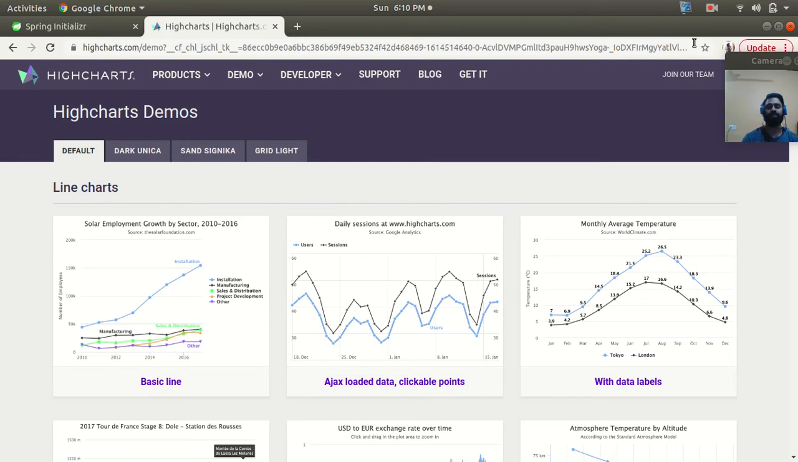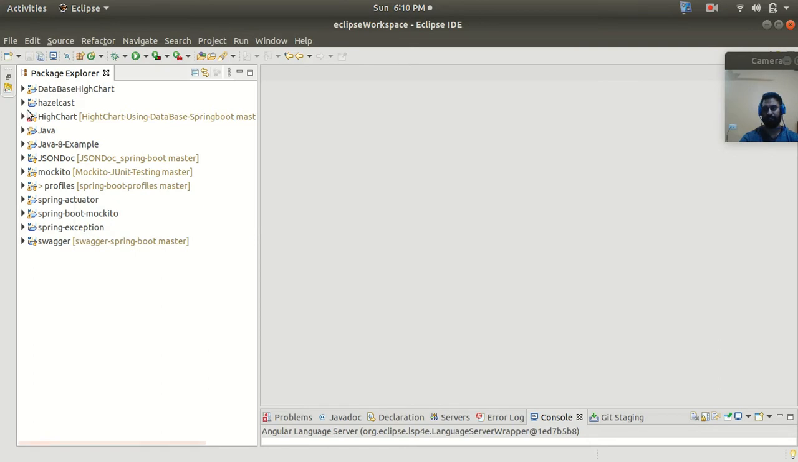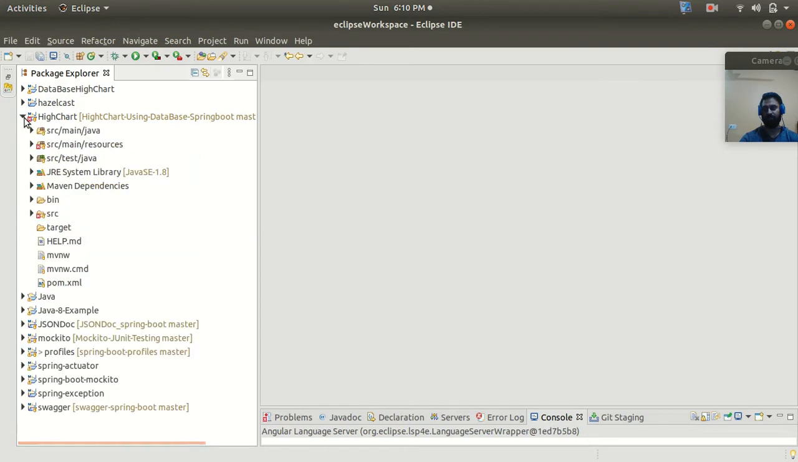So today in this lecture we are going to discuss how to integrate the HighChart with a Spring Boot application. In my last lecture I showed you how to create a dynamic chart using the HighChart API, but there I hard coded the data. If you see my last lecture,